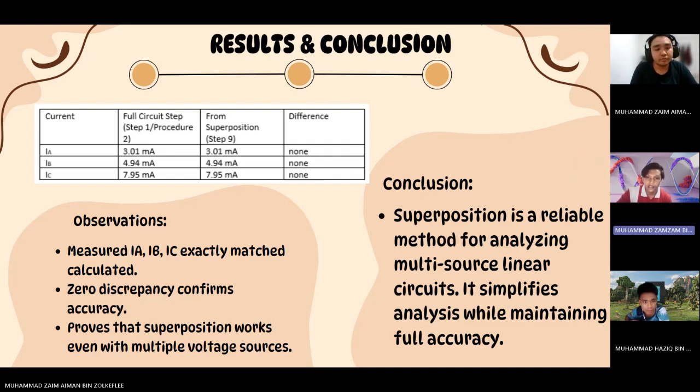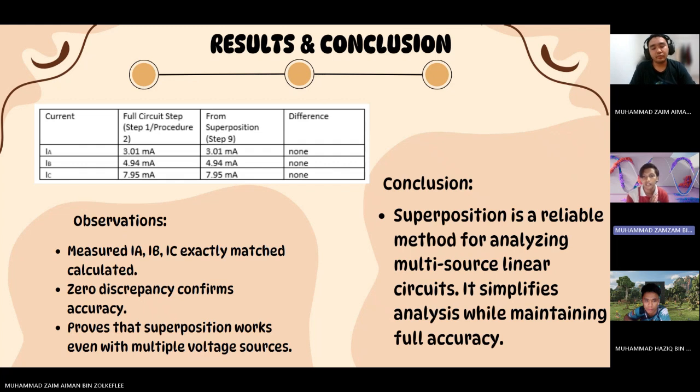Okay, in the table we can see the values I got in the lab. For the full circuit, with the 10-volt and 12-volt sources both on simultaneously, I get an IA reading of 3.01 mA, and using the superposition principle, I also get 3.01 mA. There is no difference, no discrepancy. And IB, I also get 4.94 mA for the full circuit, and using the superposition principle, I